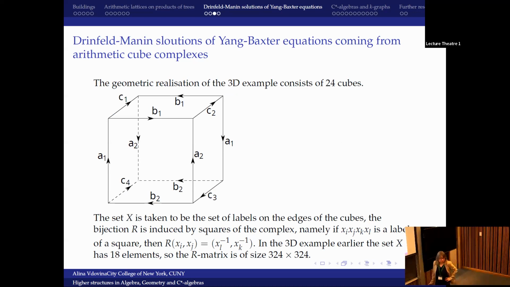Now straight away I will tell you how you read the solutions of the Yang-Baxter equation from the cubes. Of course, yesterday Fabian mentioned the paper of Dilian Yang, where she has this interplay with higher rank graphs and set theoretical solutions, but you don't necessarily get new solutions this way because you get into the problem of higher rank graphs as well, right? Of course there are some new solutions, but here we are totally safe that we get new solutions because they come from these quaternionic algebras.